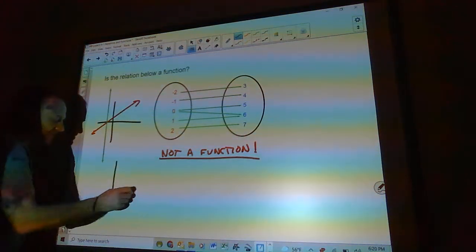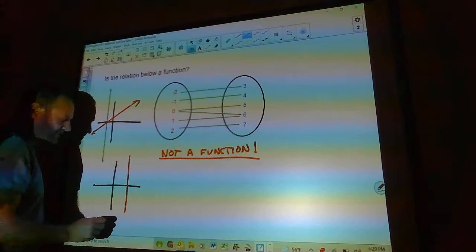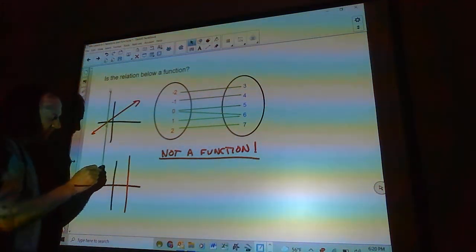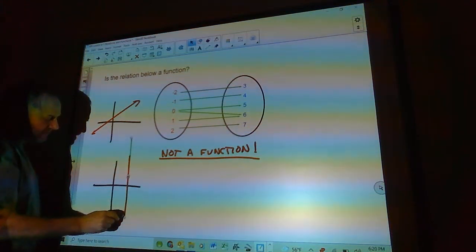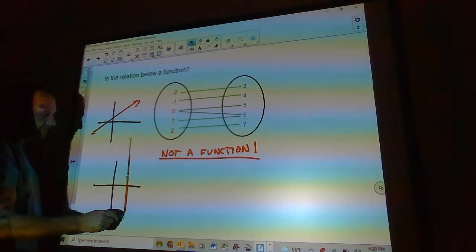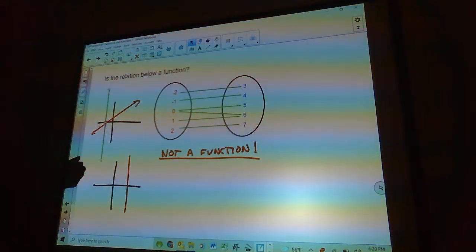A vertical line is not a function, because a vertical line would look like this, and then if I took this line and tried to do the vertical line test, well, right there, we have a problem. It passes through a whole bunch of different points. So this is not a function. All the rest of the lines are. Okay? Now,